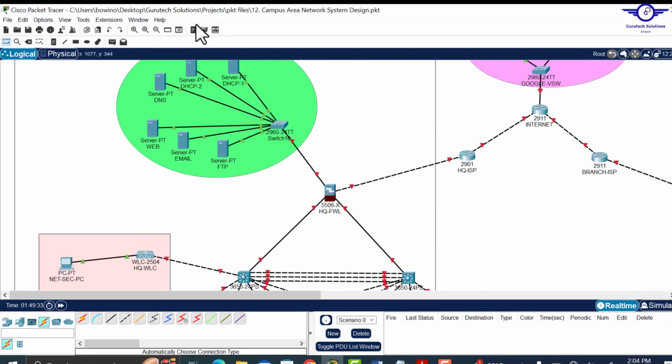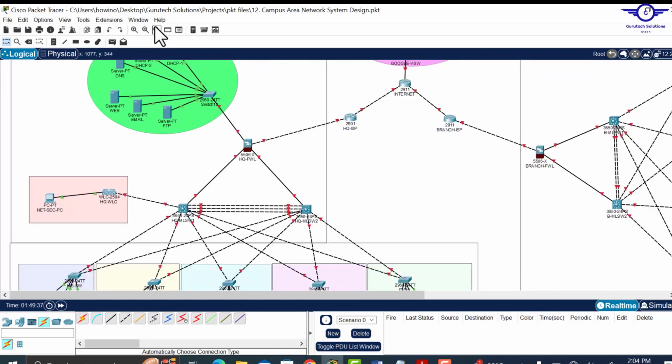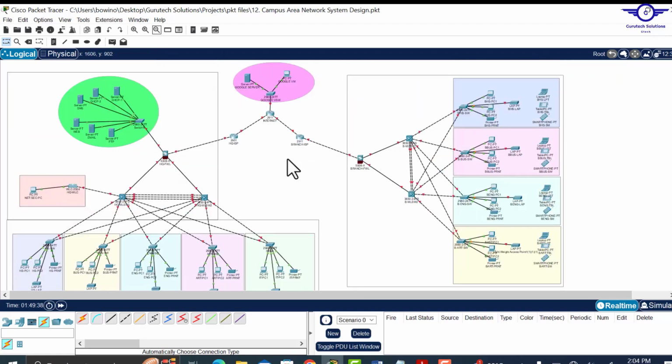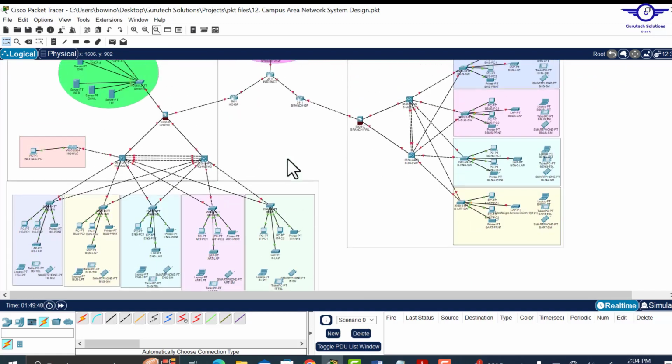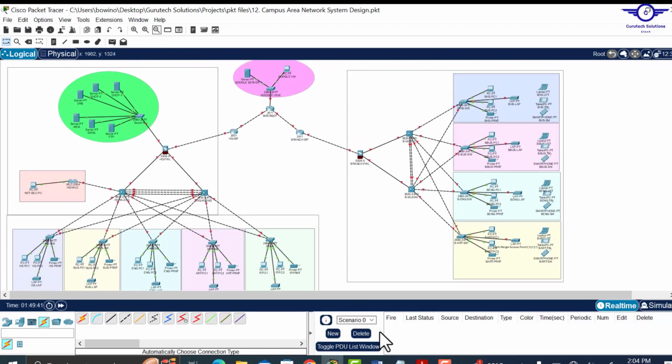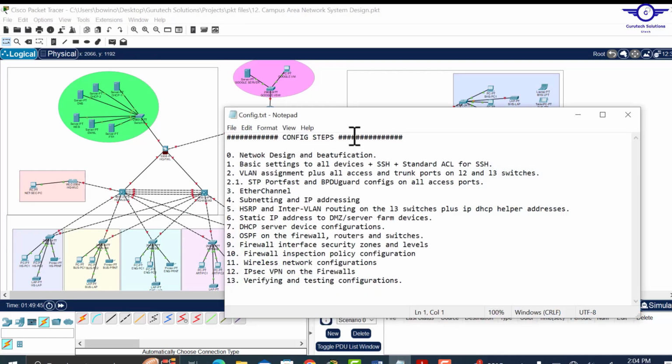Okay, so that's all about the design. And one more thing I'll do about this design, let me just go back to the config guide and see. So the first step is done, the network beautification, design and beautification. So the second step that I'm going to do in this design part